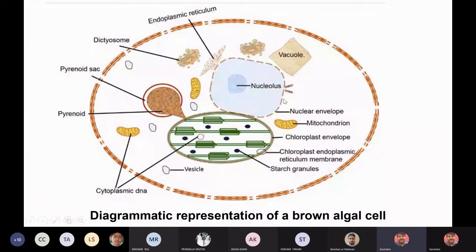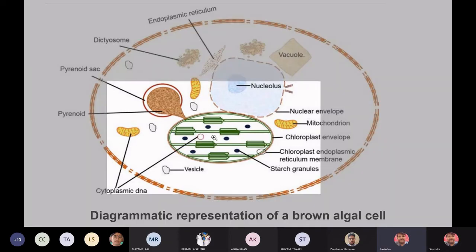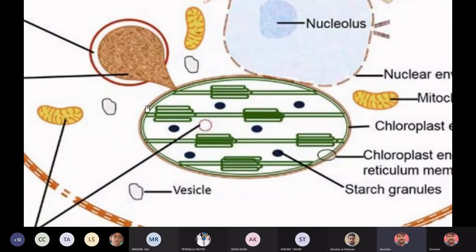This is the diagrammatic representation of the brown algal cell. You will never see a cell like this, but it shows the different components you will find in a brown alga. You will not see the chloroplast or the pyrenoids so prominently. It is a diagrammatic representation. If you enlarge the pyrenoids, you will see that they remain attached to the chloroplast with a stalk. And if you enlarge the chloroplast, you will see